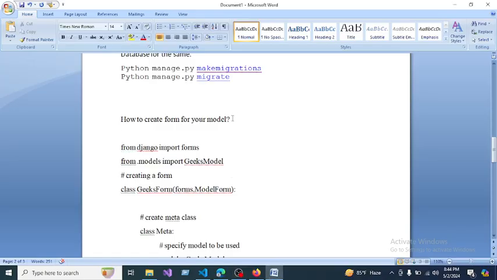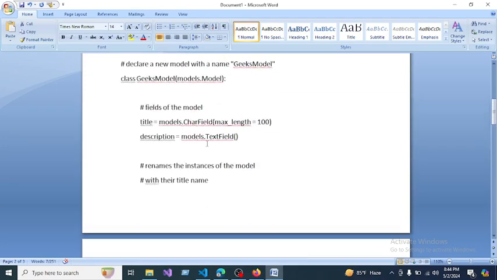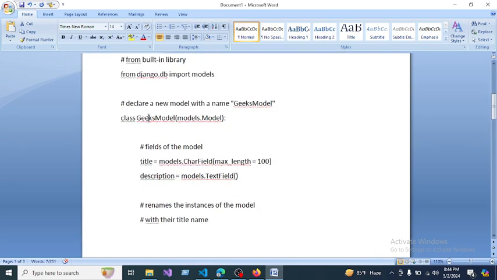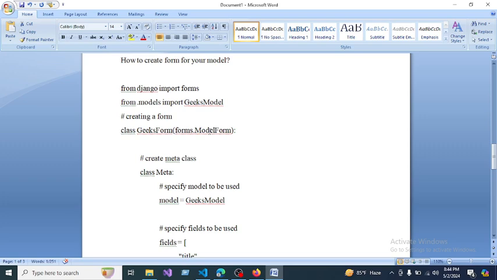How to create a form for your model. I have already created a model, and the model name is Gigs model. So,